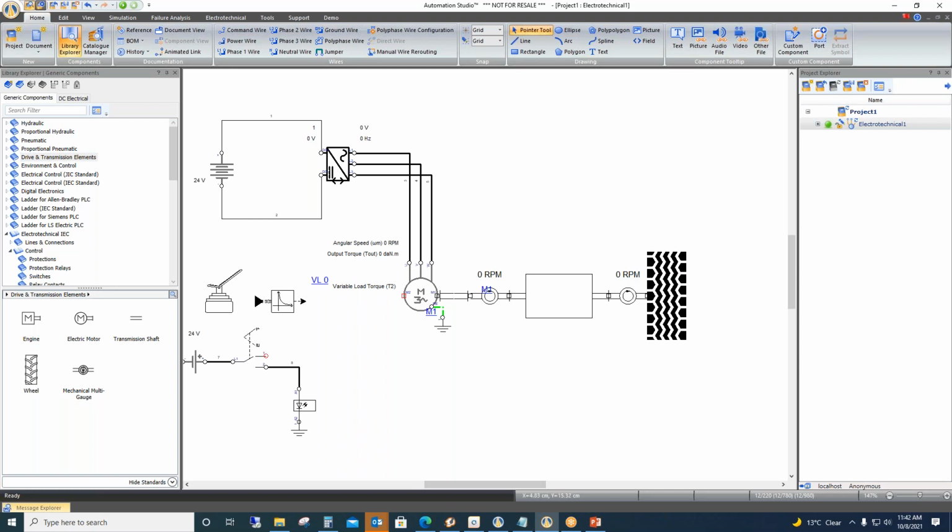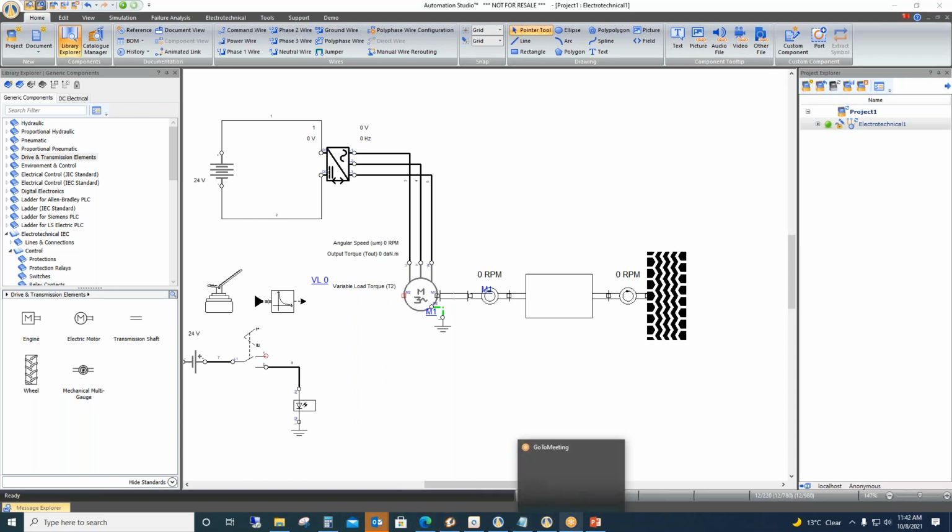So right now what we saw is that we have taken this drive system and controlled the speed of the electrical motor by changing the frequency. We have given that to the gearbox, and that gearbox we have connected to the wheels. But also if you want to add some CAD, some indicator type of animation, that also we can do.